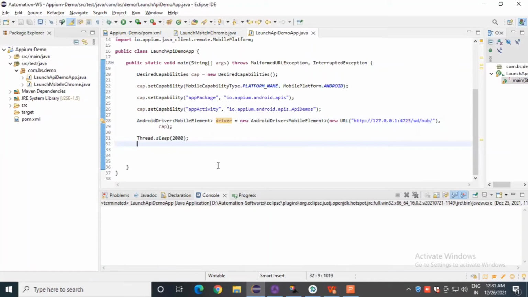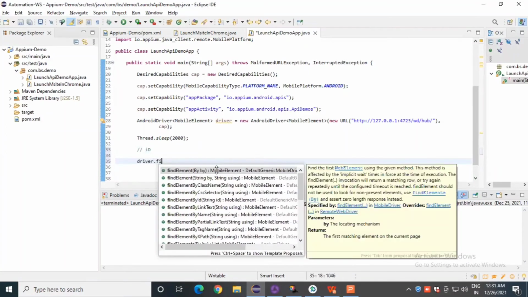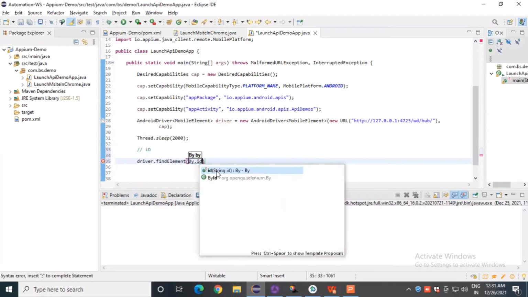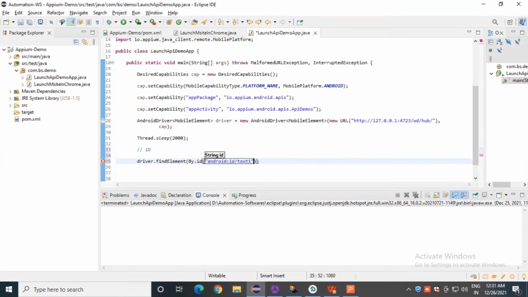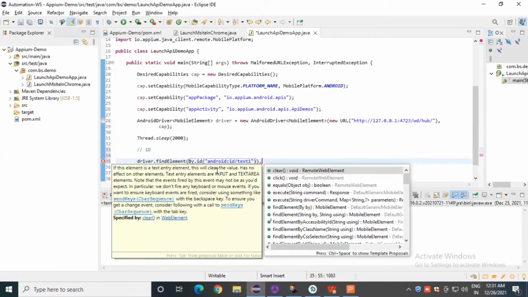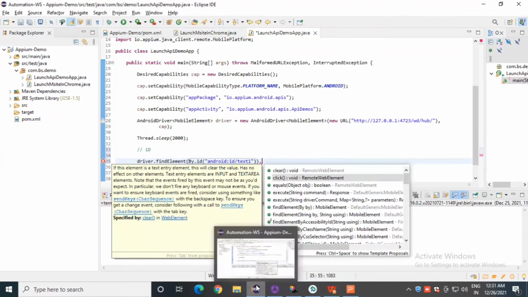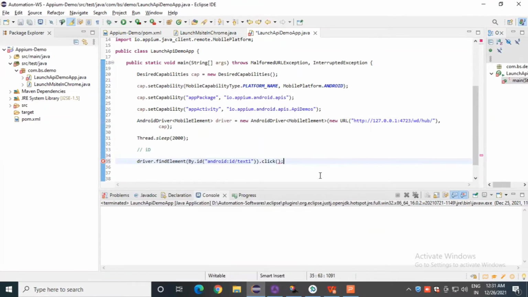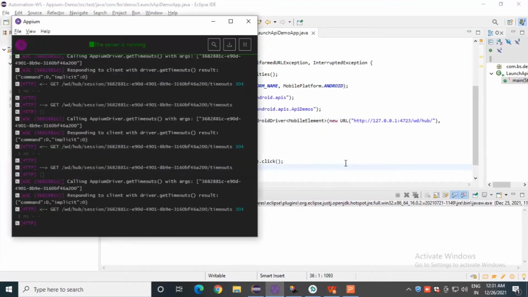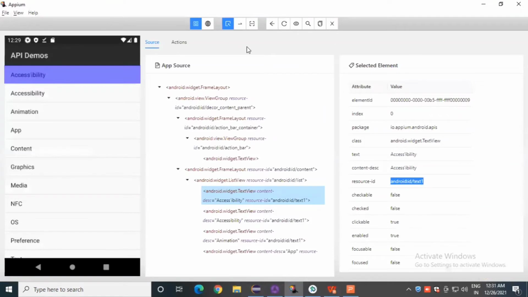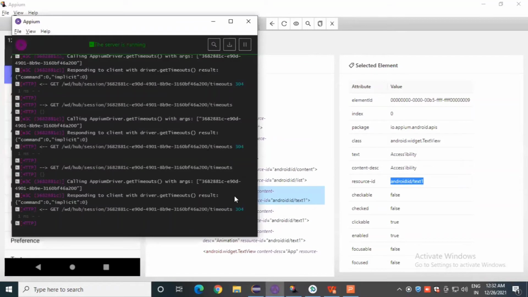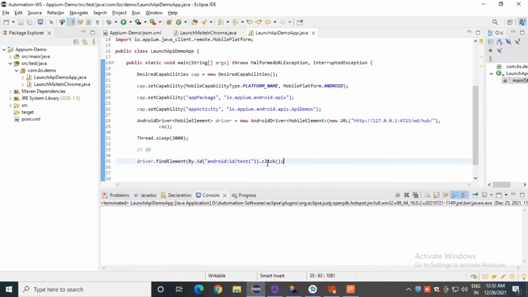Right. So how to find the elements by ID? Here we can define it as an ID. Simply type driver dot find element by dot ID, define an ID value, and directly perform the action to click. Just give a semicolon here. So the first statement is driver dot find element by ID, and we have defined this ID, which we found in this APM inspector for this particular element. And we have performed the action, like click.